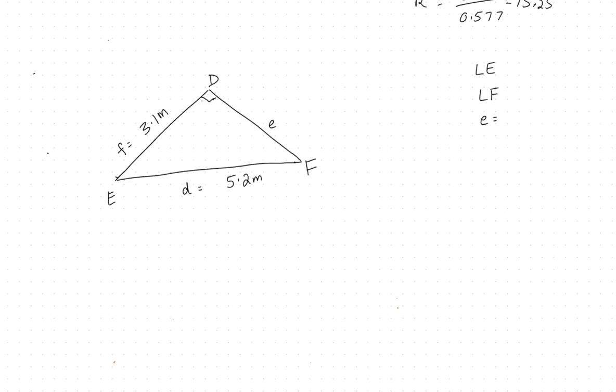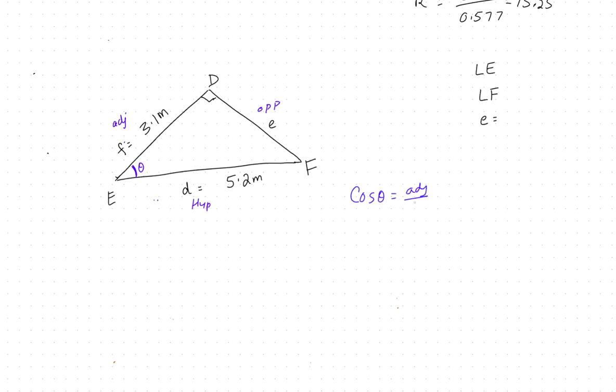So for this angle, suppose it is theta. This is called the opposite side, this is adjacent, and this is hypotenuse. So we know the hypotenuse and we know the adjacent for this theta. The ratio between adjacent and hypotenuse is cosine theta. So cos theta equals adjacent upon hypotenuse.